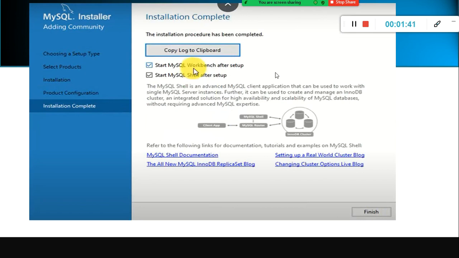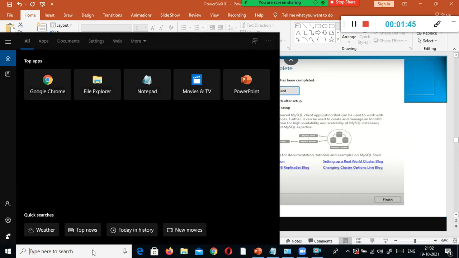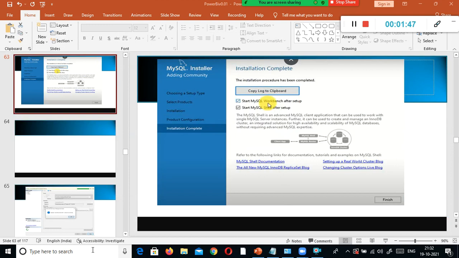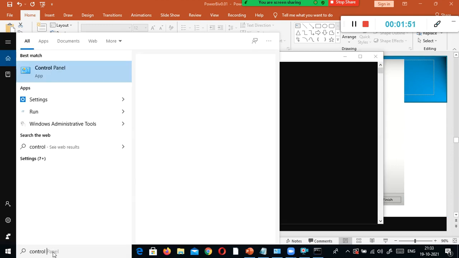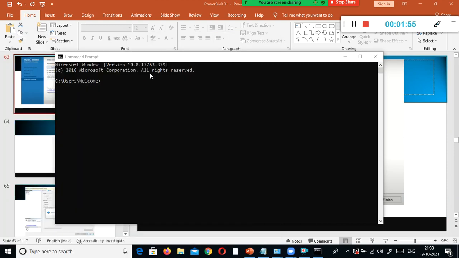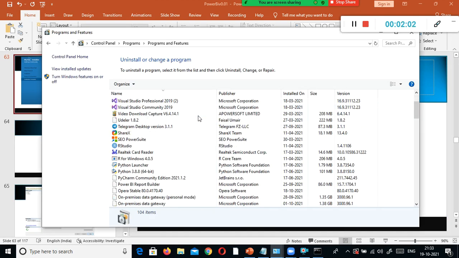Then it is through. So now to test this, we will go to the command prompt, or the best thing, you go to control panel, type control panel, and click open. And in the programs, uninstall a program, you click it, but don't select anything.